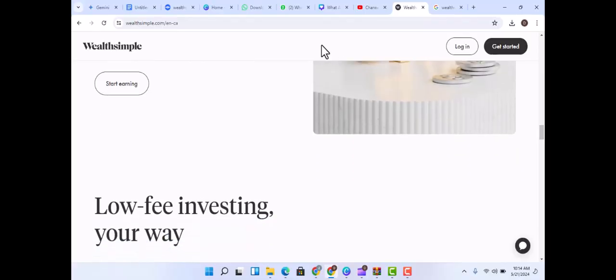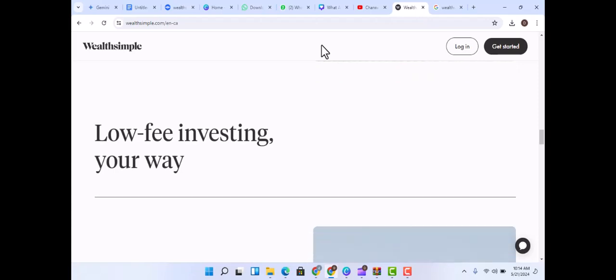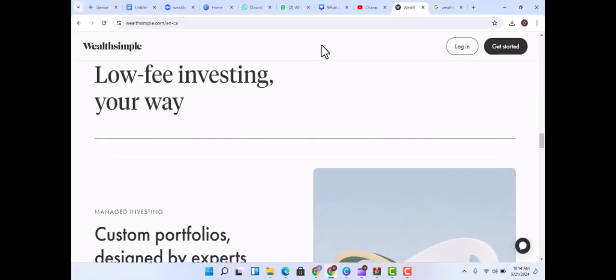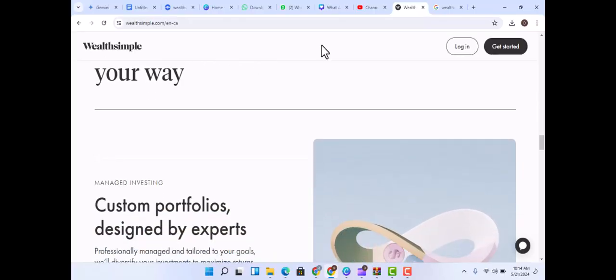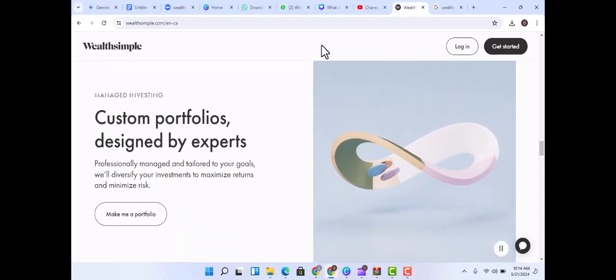The Wealthsimple Fee Calculator isn't just a gimmick to get you to switch. It's an educational tool that highlights a fundamental principle of investing. The less you pay in fees, the more money stays in your pocket, and the more your wealth can grow. It's about being an informed investor and understanding the true